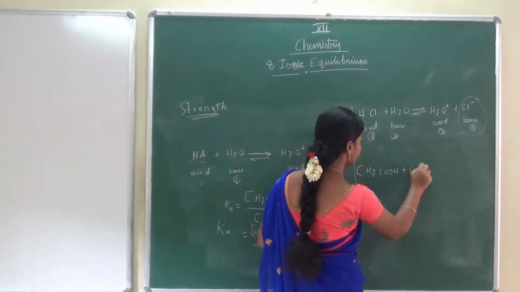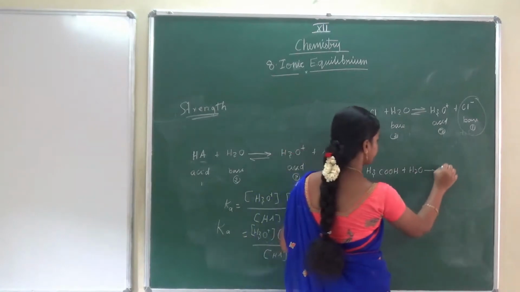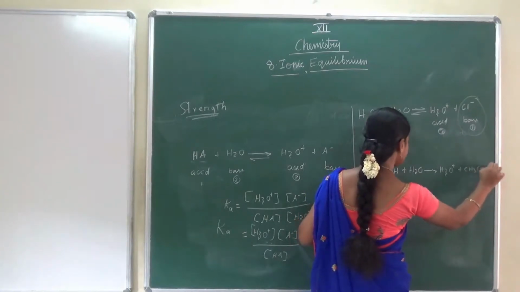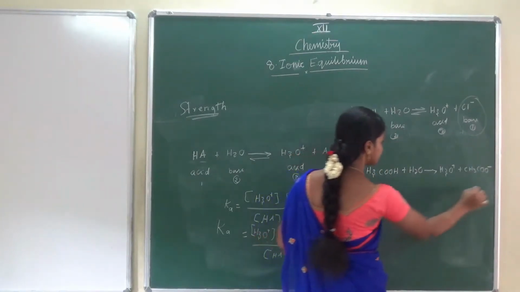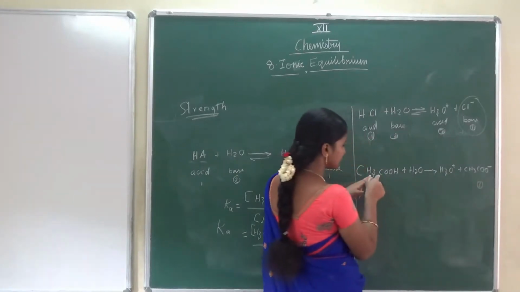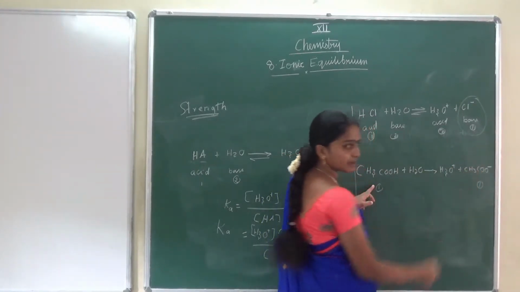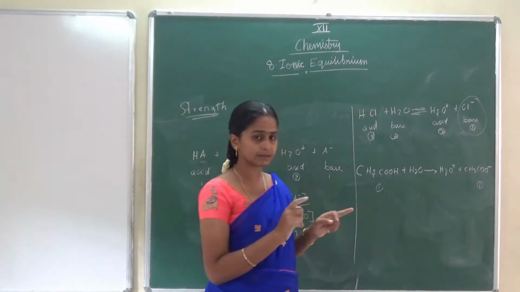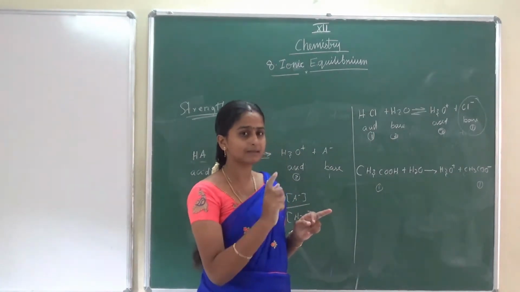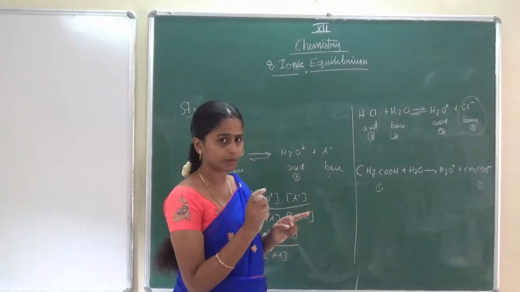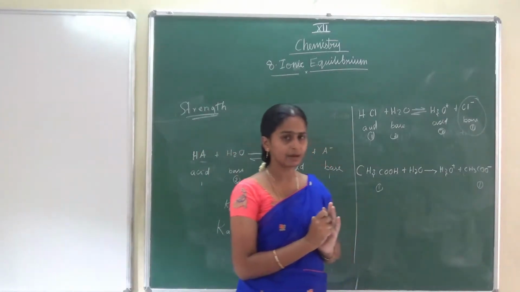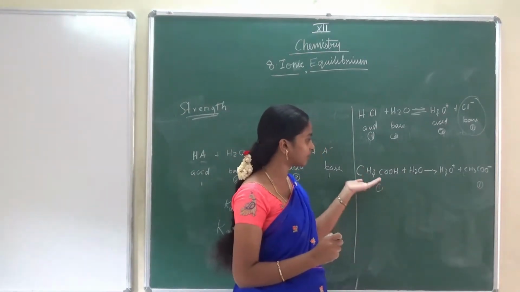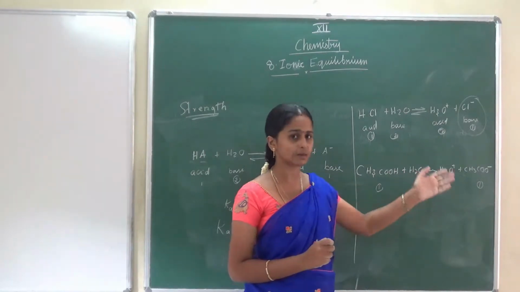When they dissolve this in water, I will get H3O plus and CH3COO minus. Now this is acid 1, this is base 1. From this weak acid, this conjugate base is coming, CH3COO minus. It has the tendency to accept a proton in a very fast manner. Readily it will accept the proton from the H3O plus. So the conjugate base which is coming from the weak acid can act as a strong base.